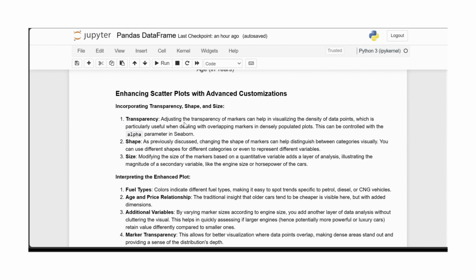So, adjusting the transparency of markers can help in visualizing the density of data points, which is particularly useful when dealing with overlapping markers in densely populated plots. This can be controlled with the alpha parameter in Seaborn. And as previously discussed, changing the shape of markers can help distinguish between categories visually. You can use different shapes for different categories or even to represent different variables. And in the last, modifying the size of the markers based on a quantitative variable adds a layer of analysis, illustrating the magnitude of a secondary variable, like the engine size or